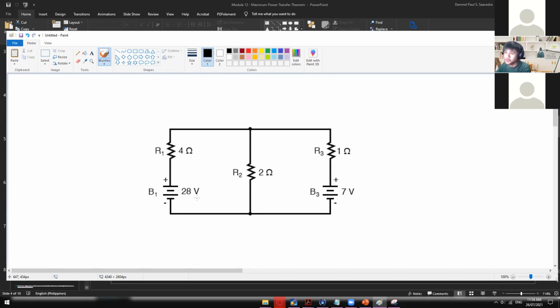So first, alamin nyo muna yung pinakamataas na voltage source, yung source natin. So remember our rule of thumb when it comes to voltages and then currents. So we have this VH minus VL, which is now the final potential value that you will get in there. So the same with the current, we have IH minus IL. So pares na final potential current, parang ganun. So in here, it's always the bigger that will dominate the entire circuit, and the smaller will be deducted